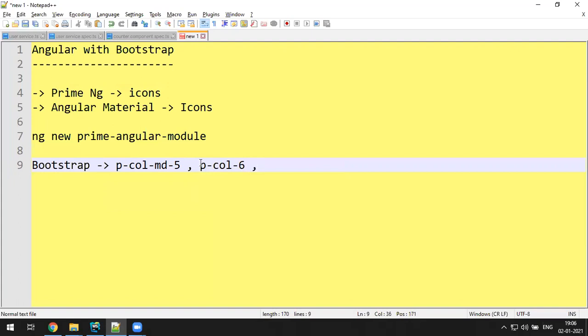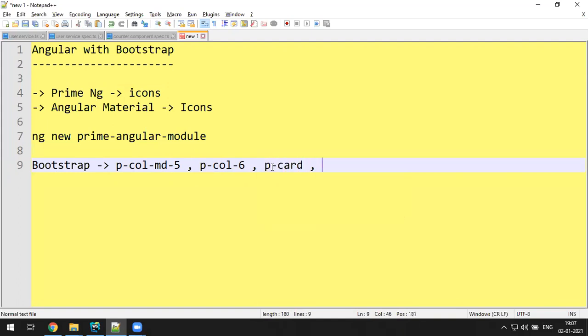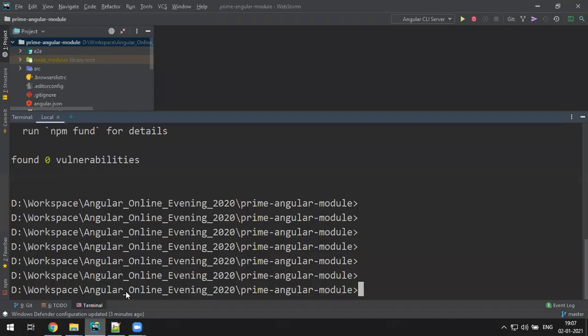P is their own class name. Anything that starts with P is PrimeNG. So generally we write a class name called card, and here they give p-card, p-card-body and a few others. You can easily understand the classes and use them.